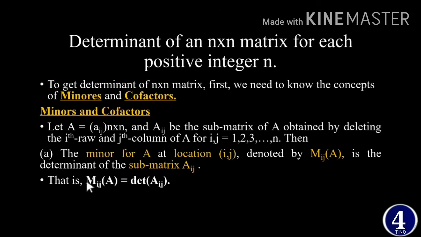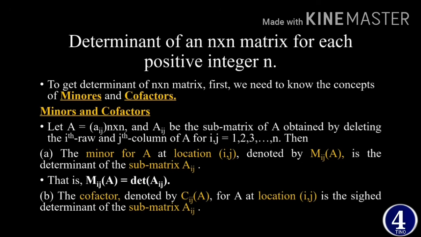That is minor of A at point Aij የተባለ ቦታ ላይ ማይነርን ፈልጉ ስትባሉ እንዴት ነው የምታገኙት determinant of a submatrix Aij which is obtained by deleting row i እና ኮለመን j የዚህን በማጥፋት የተገኘው submatrixን determinant ሲሰሩ you will be getting minor of that matrix at that location ማለት ነው።